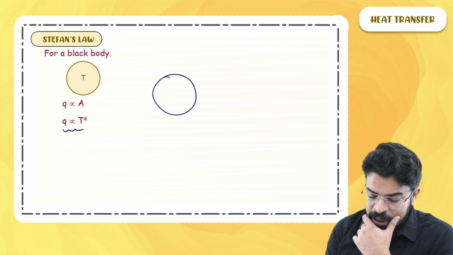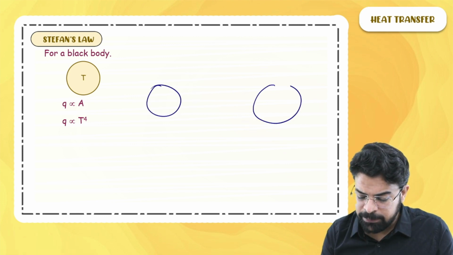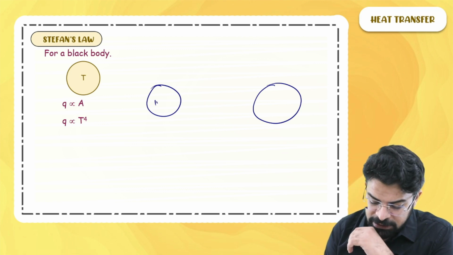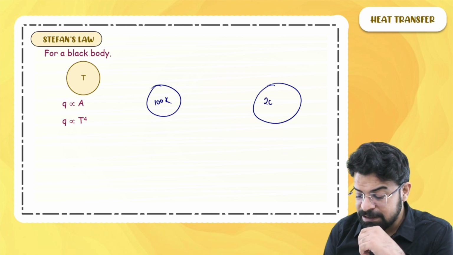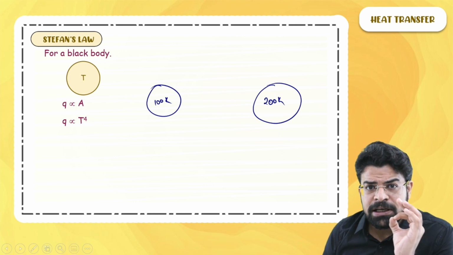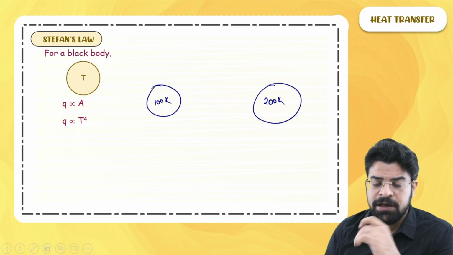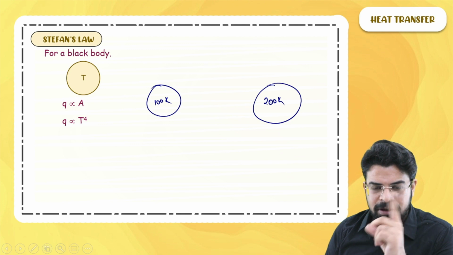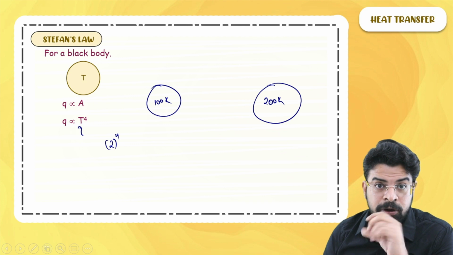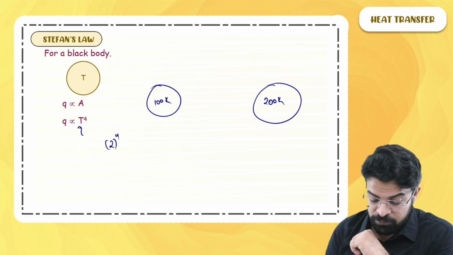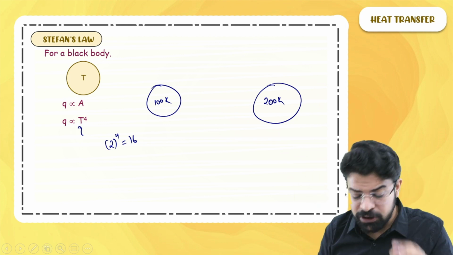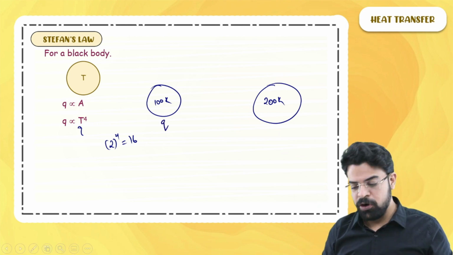So let's say everything else is the same: the surface area is the same, the radius is the same. The first body is at 100 Kelvin. The second body is at 200 Kelvin. So the temperature is double. If the temperature is double, what happens to the heat radiated? You say, sir, when the temperature is double, the heat radiated will be 2 raised to power 4 times, because heat radiated is proportional to T raised to power 4. That will be 16 times. So if the first body radiates energy per unit time equal to Q, then the second body will radiate 16